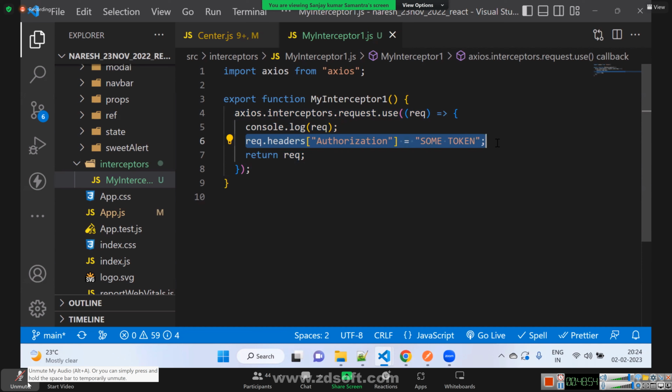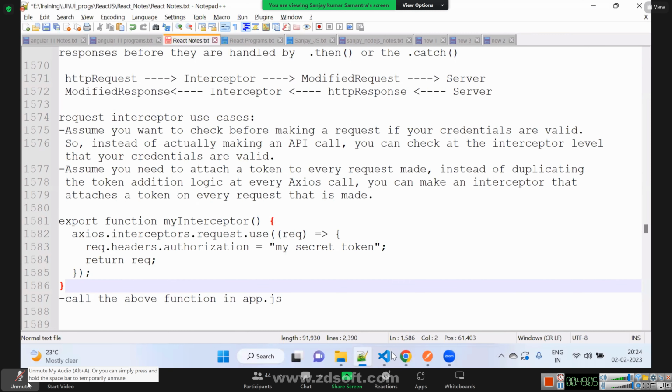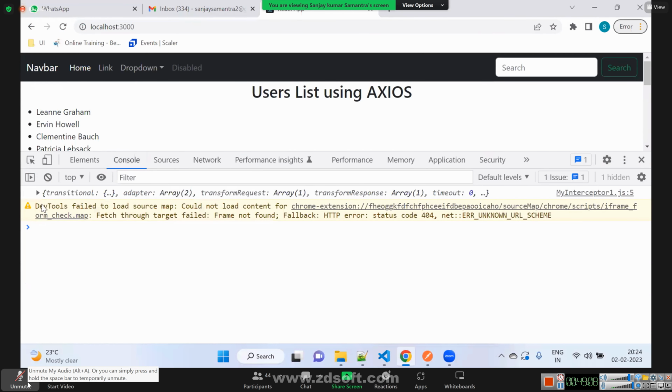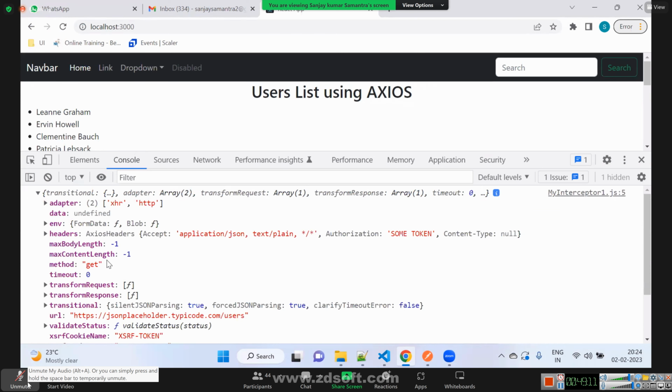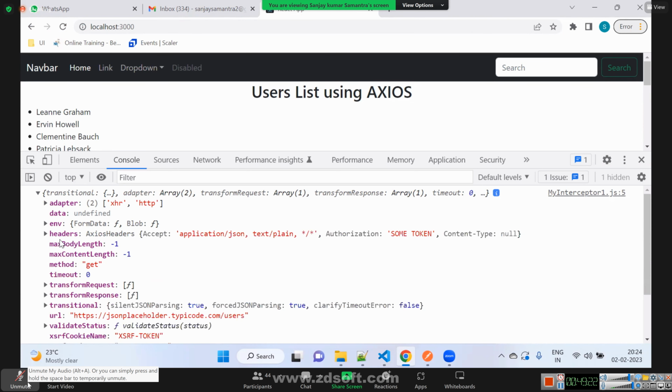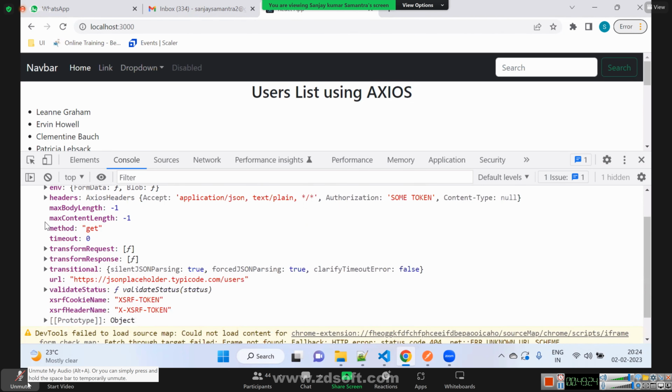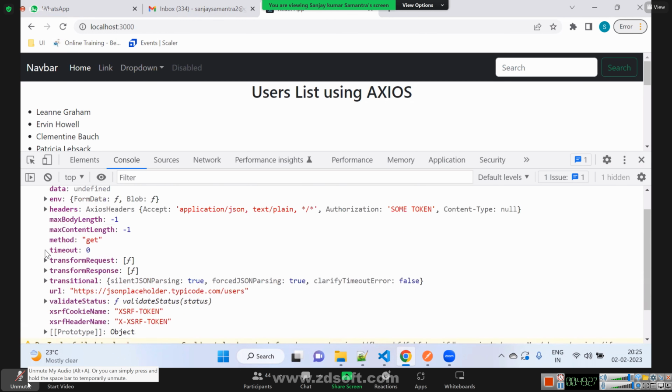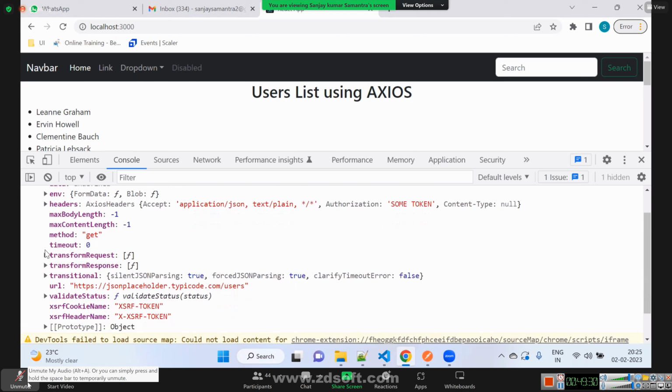So is there any modification we can do for the request payload? We can do that. If you see here, this request has many things. This is the request object. A request has headers, a request has env headers, then our actual method, and the request body.